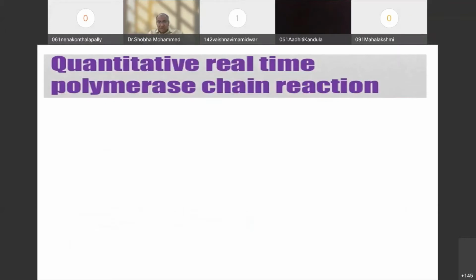Now, we have different types of PCRs as we were discussing. So we are going to discuss one which is very important. We call it quantitative PCR. It means that I need to understand the quantity, not just qualitative. The qualitative will tell me about presence and absence. But I wanted to study the load of that particular antigen in the body, or the load